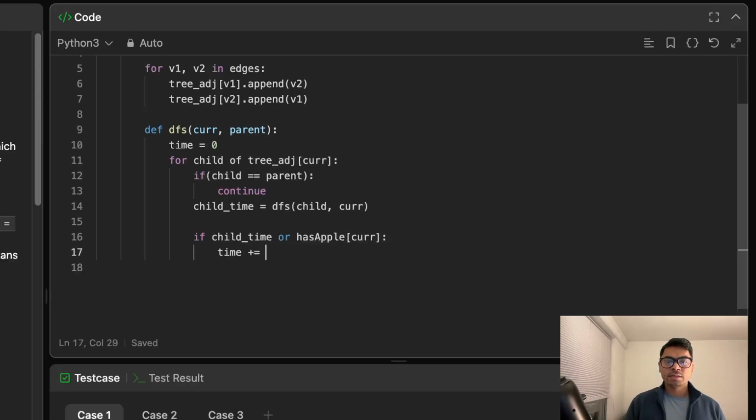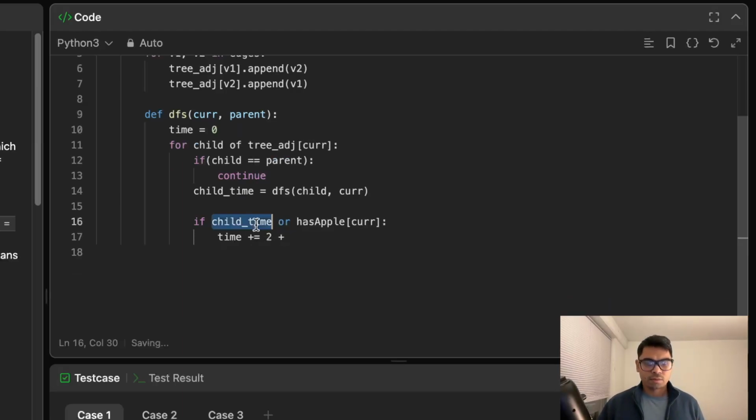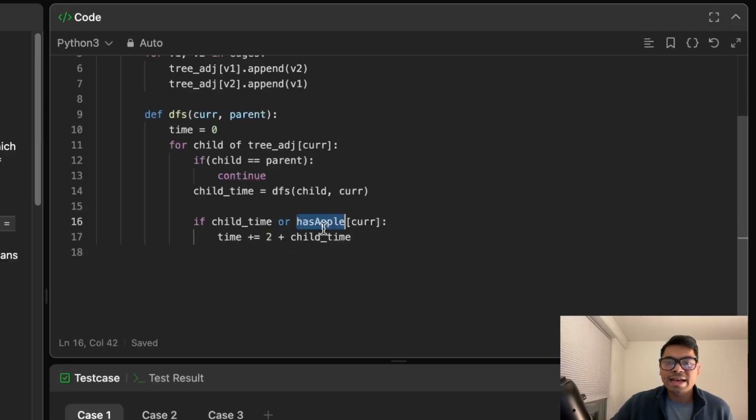So time will be 2 plus child time here. Child time can either bring 0, as we have seen in the explanation in the conceptual part, or has apple's index is true. In both cases we are adding 2 while returning the value. And finally let's just return time,